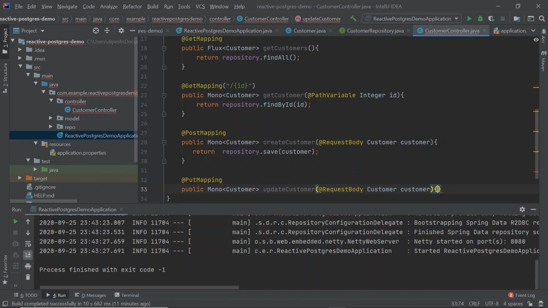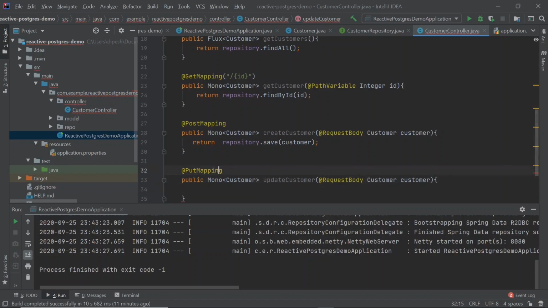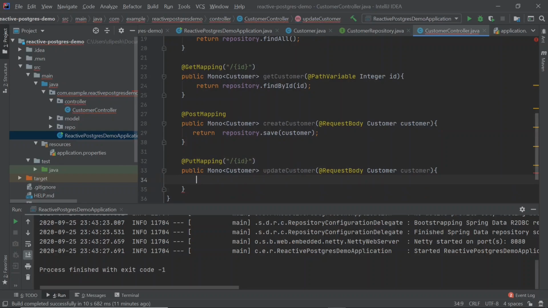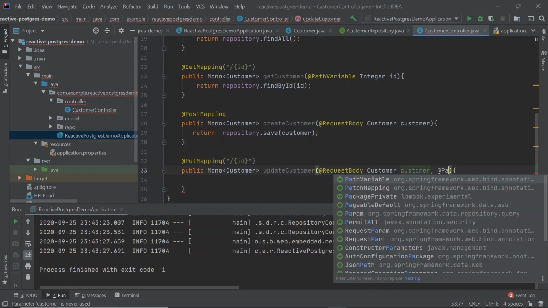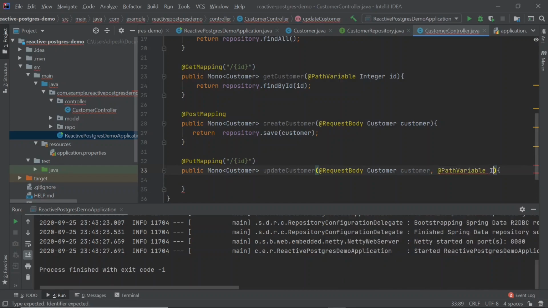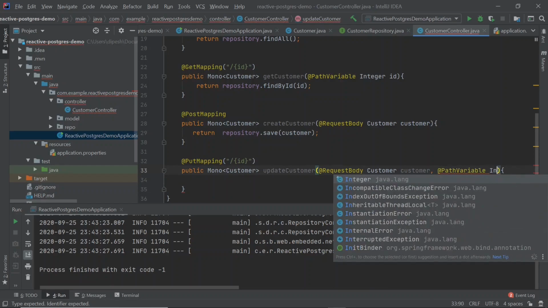However, put is always specific to a particular existing customer in the database, so we need to also pass an ID for put in a path parameter. So let's get the path parameter in a variable ID.